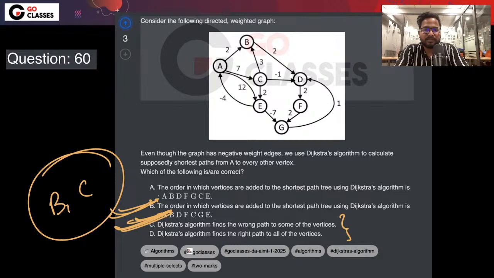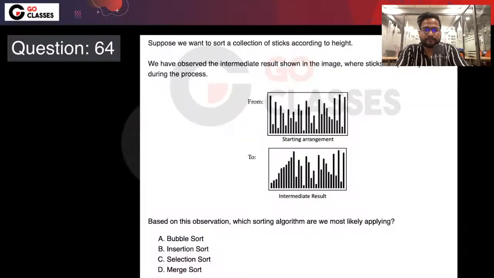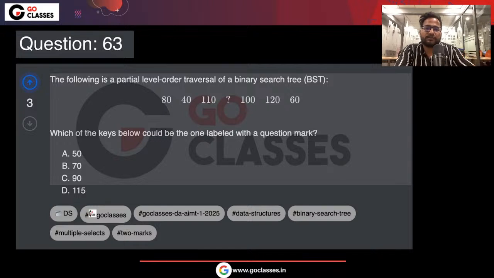Okay, now let's just see the next question. Okay, this was an easy question. Here they are saying, but interesting one, right? Here they are saying you have partial level order, right? Which means